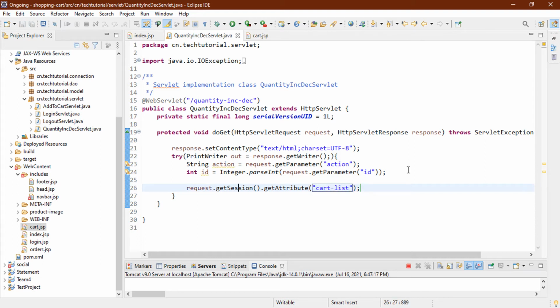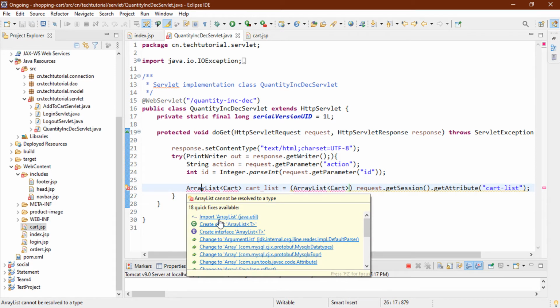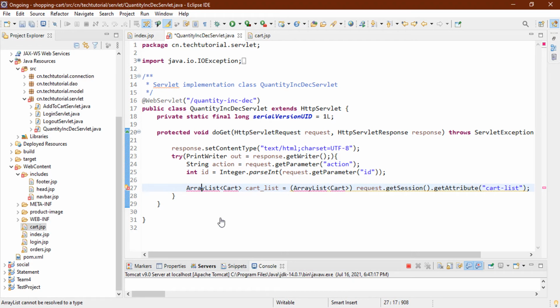It is returning an array list of cart, so let's say cart underscore list, and cast it as an array list of Cart. We need to import java util dot ArrayList, and also import the cart model.